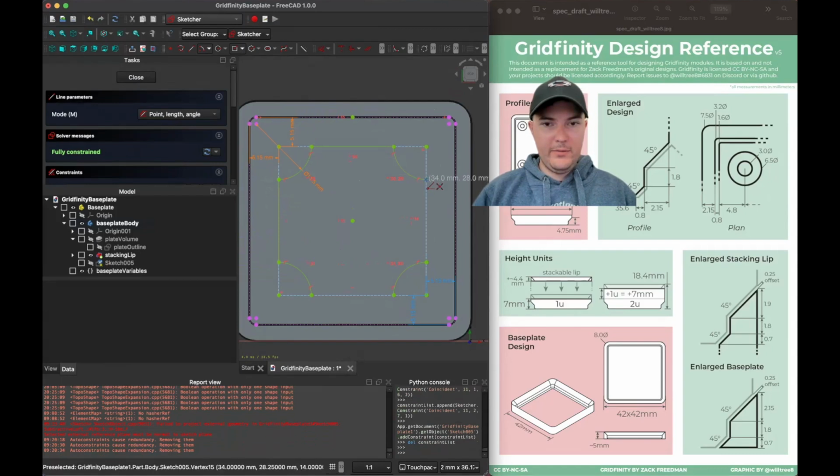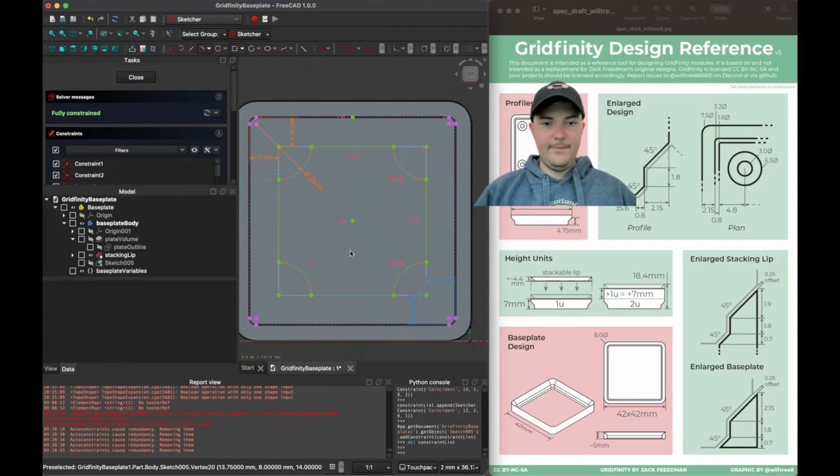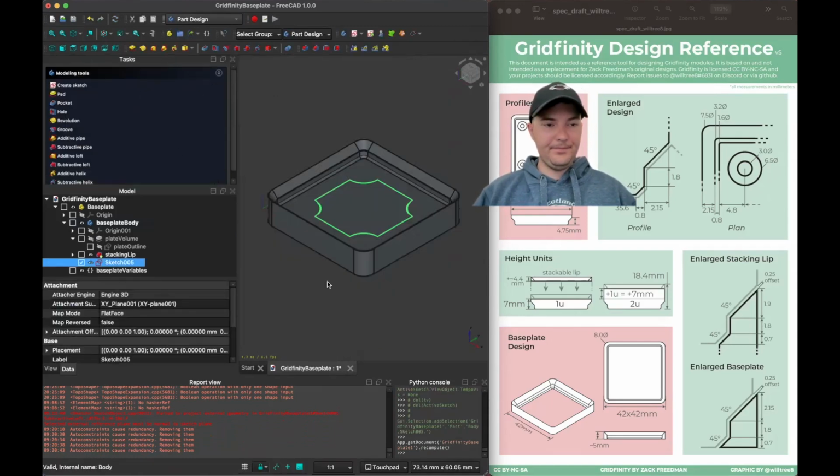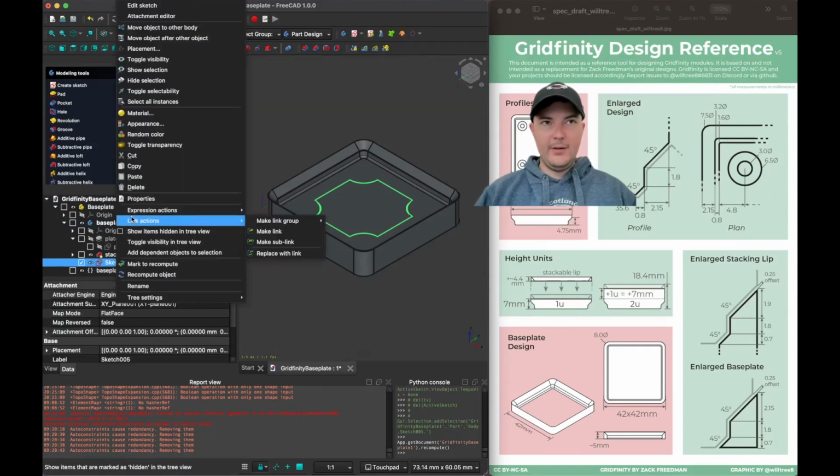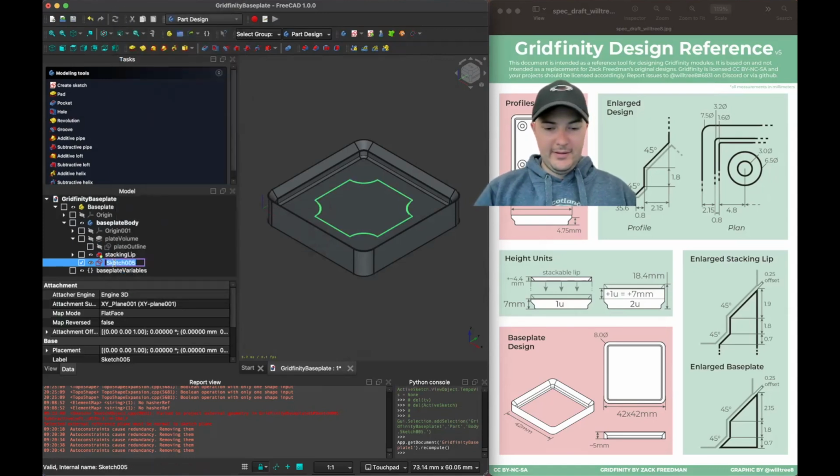Have it closed. Now it's fully constrained. I'm going to exit out of this, and what I'm going to do is create a pocket. But first, I am going to rename this sketch